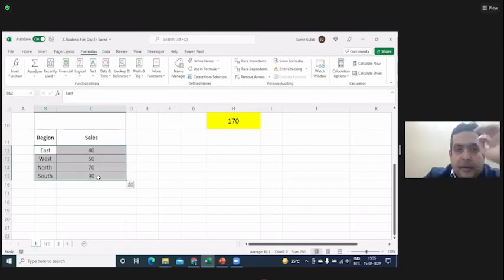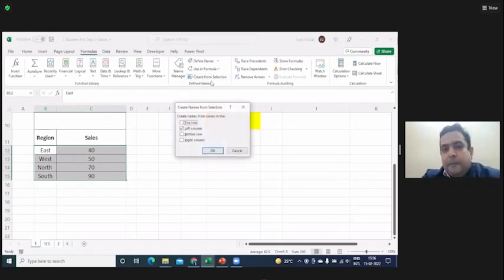Go to the formula tab at the top. In the formula tab, in define names, there is something called create from selection. Click on it. Can you see this window? It is showing top row, left column, bottom row, right column. From where do you want to pick up the names? Is it on the left of the data or the right side? Left side. So select the left column. Automatically Excel selects it, but if there were a right one also, it would be difficult for Excel.